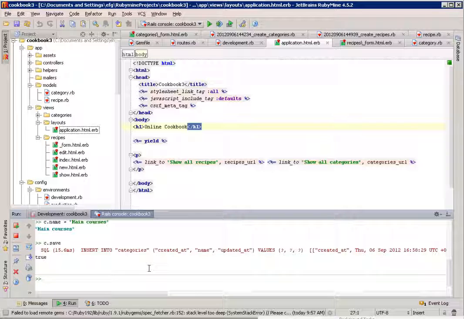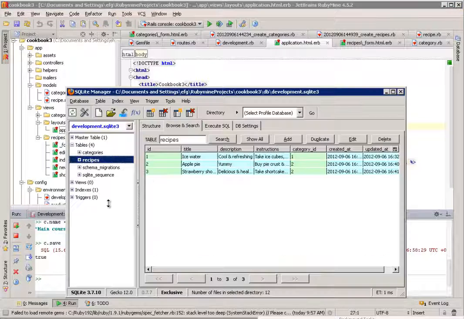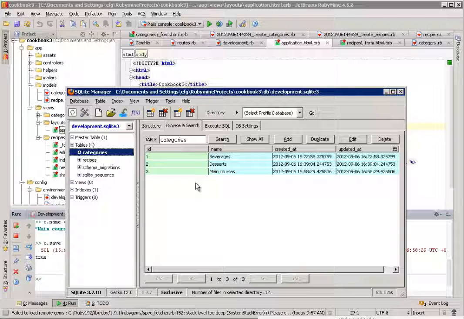So this is an example of object relational mapping. We have objects in our Ruby program that we persist to the database simply by doing a save. And then we can take the object, work with it in the Ruby program, once we do a find, and then we can change it in whatever way we want, and we can save it back to the database. So it lets us work with objects, lets us work with database fields, database objects transparently. We can work with them with Ruby statements. So let's go back to the SQLite Manager and look at categories, and we see that main courses is in fact